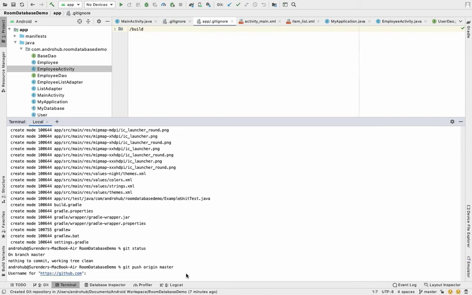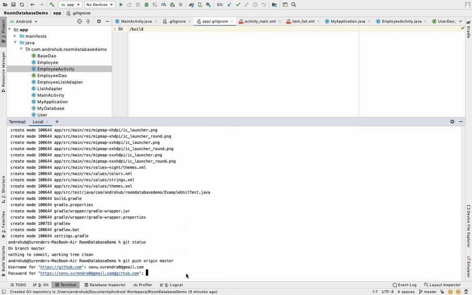It is asking me for the username because I haven't authenticated with GitHub in Android Studio, so I have to provide the username. Now the password.